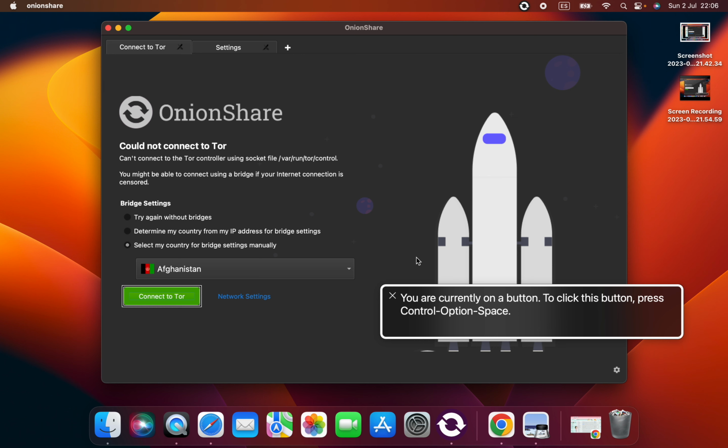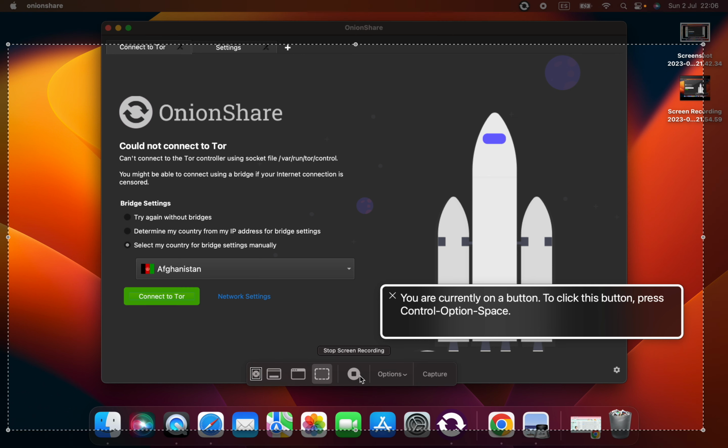Application close button. You are currently on a button. To click